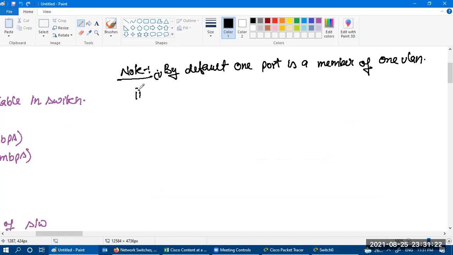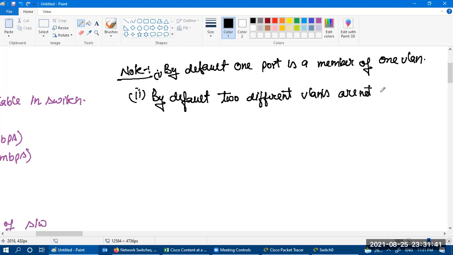This is the second point: by default, two different VLANs are not able to communicate with each other.